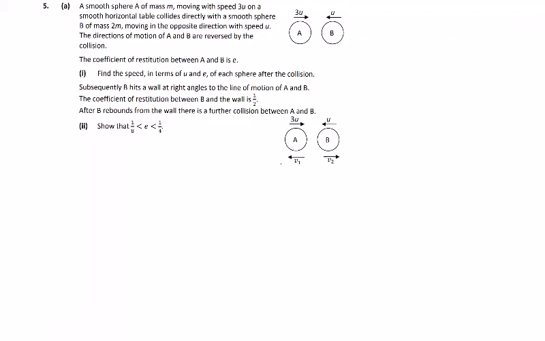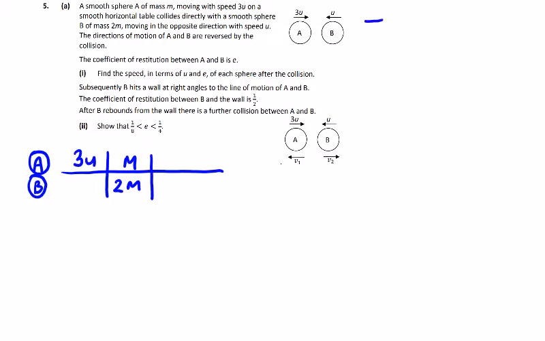2020, question 5, in impacts and collisions. We have a smooth sphere A of mass m, and a sphere B of mass 2m, with speeds 3u and u in opposite directions, so that's minus u. The directions of motion are reversed by the collision, so now the 3u is going back in this direction. We normally call them P and Q, but we're going to call this one negative P,